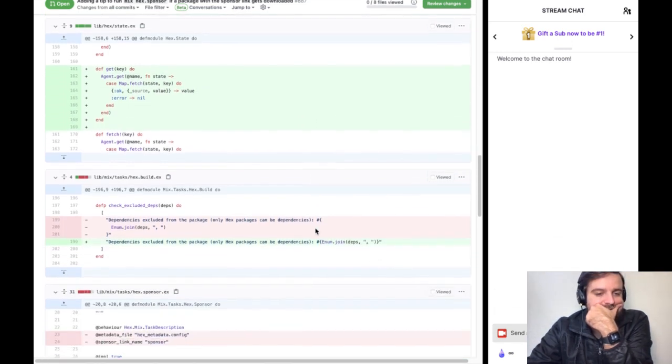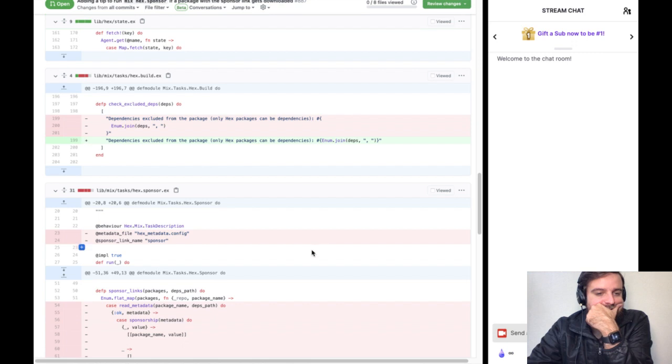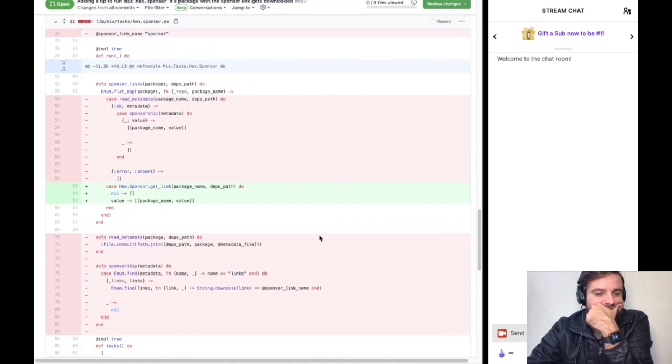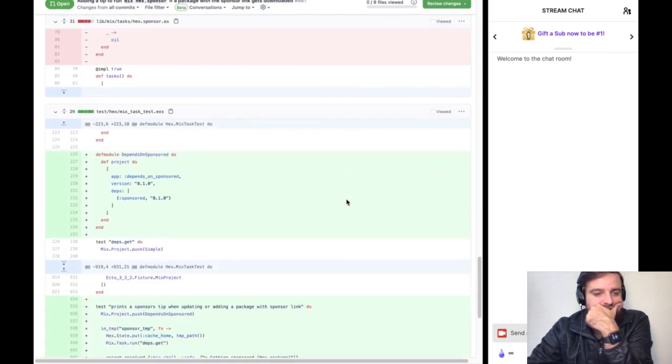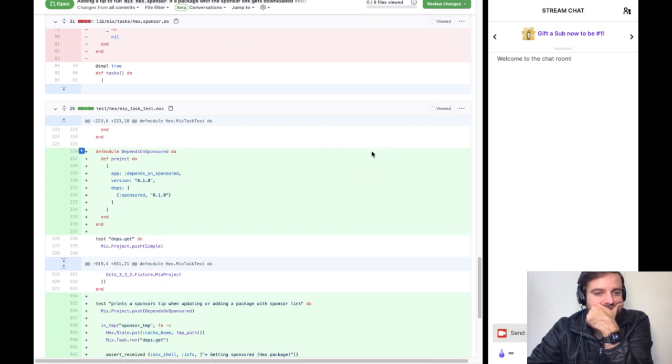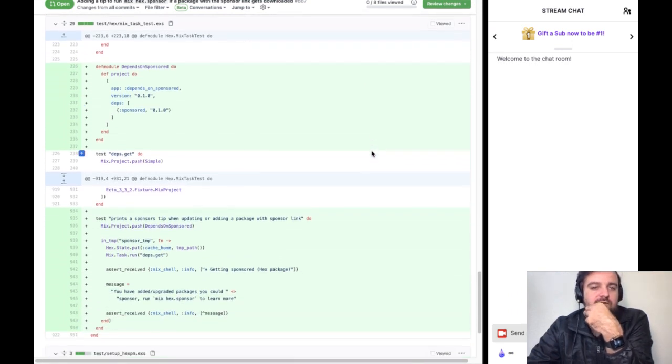Looks okay. In here this change is not failing, the tests there are all passing. And in here